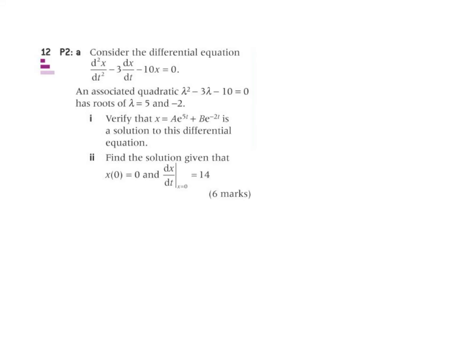So in this problem, we have this differential equation up here, and the key is we want to verify that this is a solution to the differential equation. In order to do it, we have to recognize that this is just plain x. That's a solution. And I have the second derivative, which I'll call x double prime, minus 3x prime minus 10x is equal to 0. That's what I'm working with. So from here, if I want to verify it's a solution, what I'm going to do is